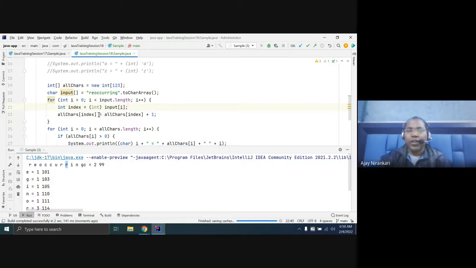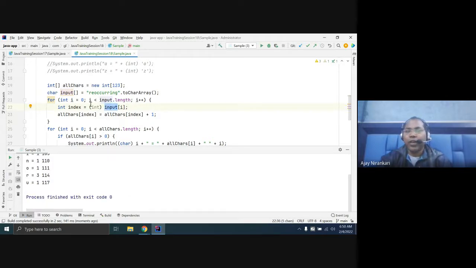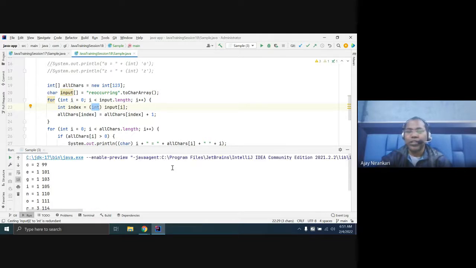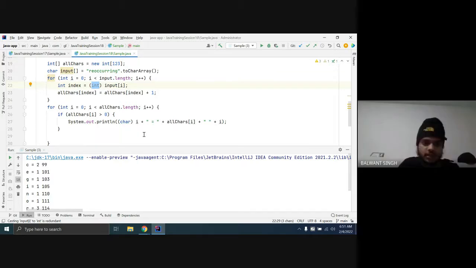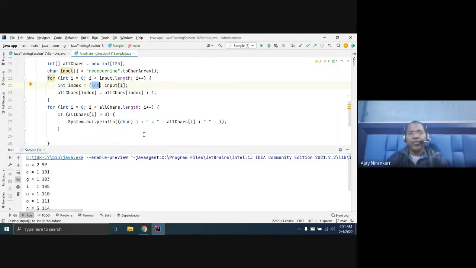Especially when you say this is the input of a character array and I want to convert the character to an integer, it's okay, no problem. Still, our program is okay. So instead of doing this, where you put the input I, we can directly use a string, giving it any name, and string dot character at I. Yes, you can also do that.